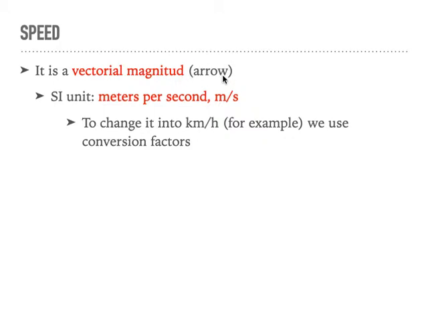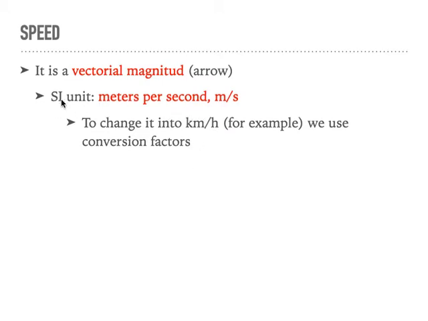But we're not going to enter into detail here. Just know that this is a vectorial magnitude. You will study it deeper in other courses. So it's a vectorial magnitude, and the unit, as you may know, because you know kilometers per hour,